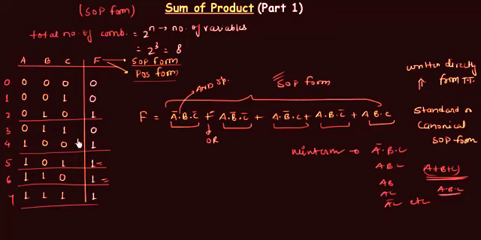Now we write down the min terms. Let me change the color for this. I write it like M0, with a small m. The small m represents that it is a min term. Capital M represents that it is for the max term. This 0 represents the decimal equivalent. So I can represent this case as M0. Similarly, M1, M2, M3, M4, M5, M6 and M7. This is how I will write down the min terms.